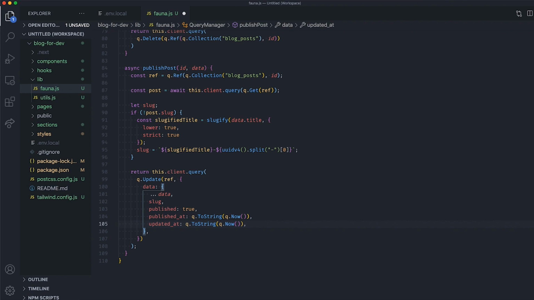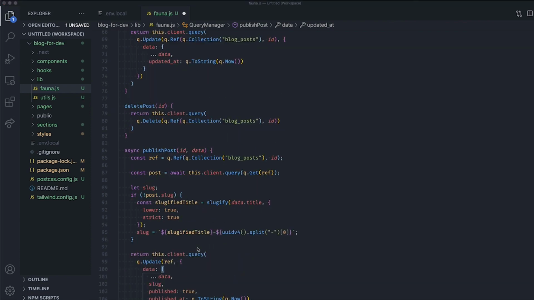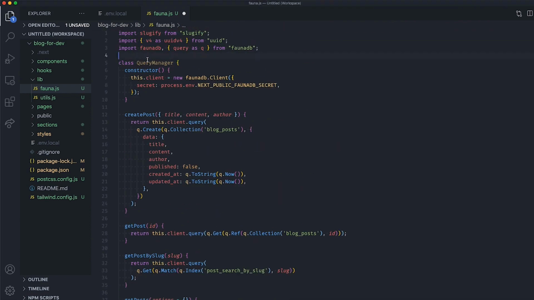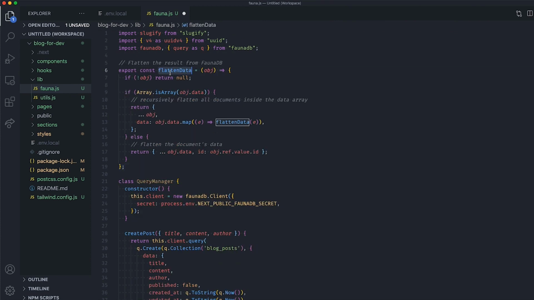Actually, there is one more thing we need to do to easily use the data from the query results in our application. By default, the FaunaDB queries will return a few other fields along with the document's data itself. So I have implemented a basic recursive function to flatten the query result. This function takes the result as an argument and returns the data by spreading the data field from the result